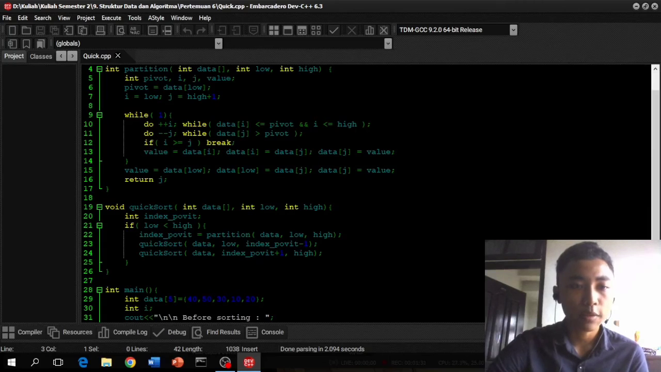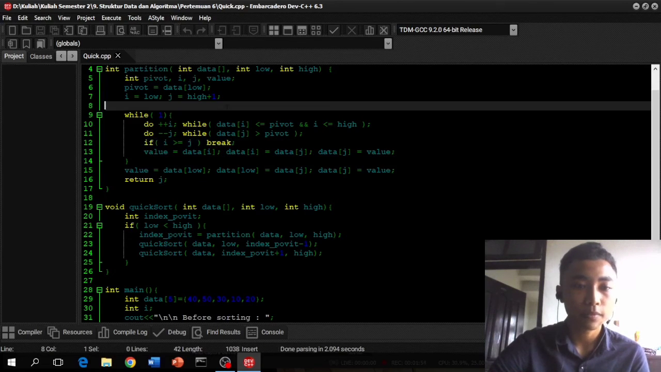And after that I make the looping. In this case I use while and the condition is 1. So this looping won't stop because the value will stay 1. And to stop that I make this. But before I explain this, I will explain this. I make the